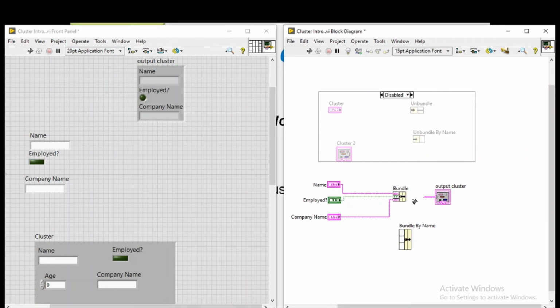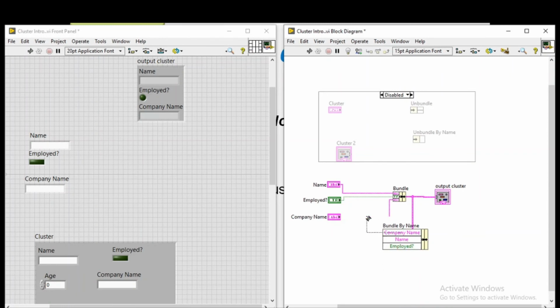Let me take this format, so let me have the same. I'm just giving it at the top, so it is providing the name. Where you have to connect that name, employed and company name. You just see employed, right, just move the cursor, you will have a hand tool, then you are able to change it. You can rearrange it, that is also possible.